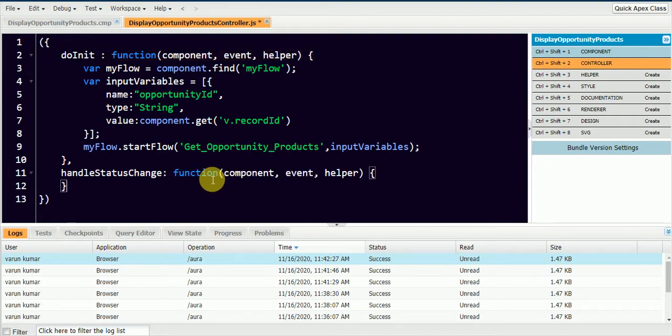So here I'm going to check if my flow is completed or not. If the flow is completed, I'm going to just get the output variables and get the product list from the flow.